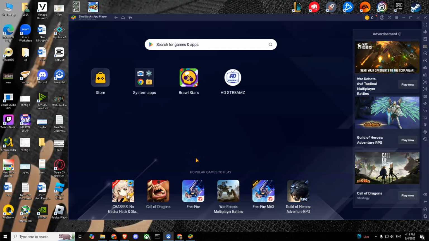Hello guys, today I'm going to show you how you can fix the error likes not showing on Twitter or X. So I will be using an emulator, but the process is the same, so you can use your mobile devices as well. So first of all, you'll have to find your Twitter application